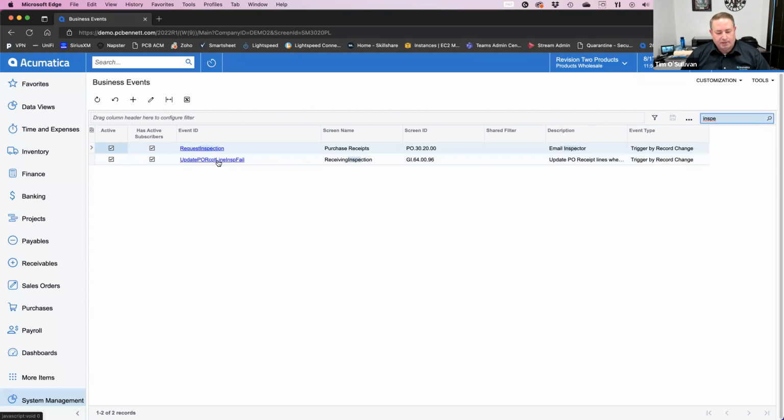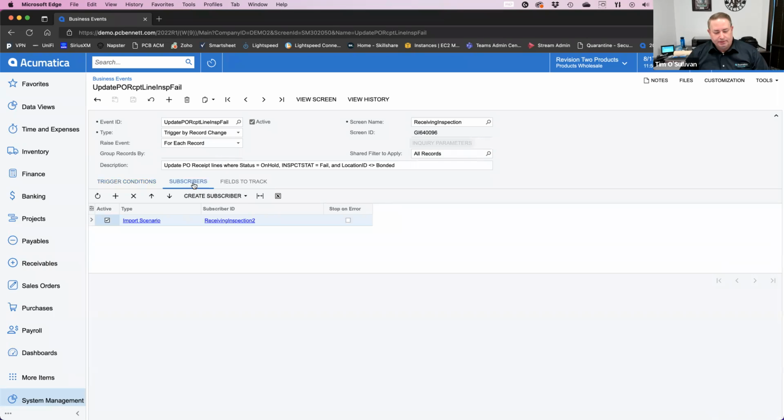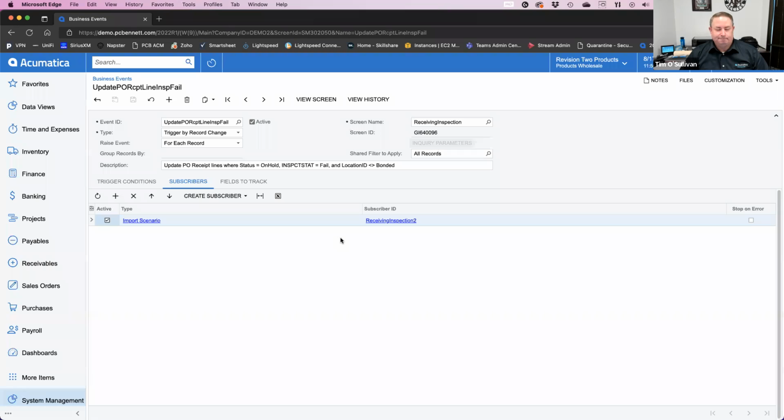So if my PO receipt lines in the receipt have a status equals fail, then what I want to do is update my fields in the grid lines to move those to a bonded location. So I don't want those going into my normal area that's releasable to the general public for sales orders or to fulfill different orders that may be in the